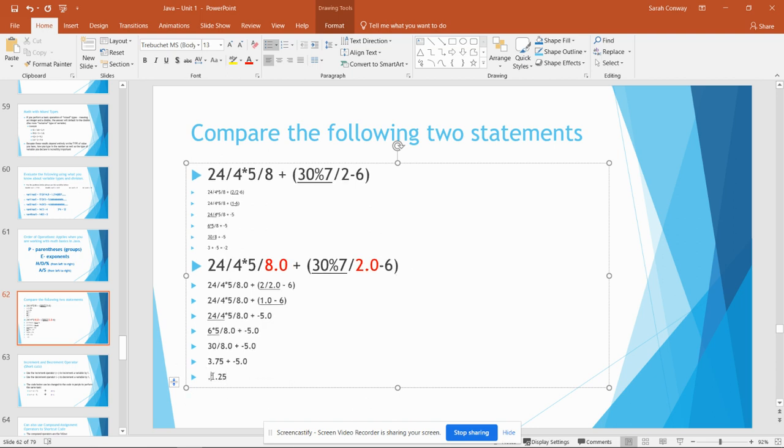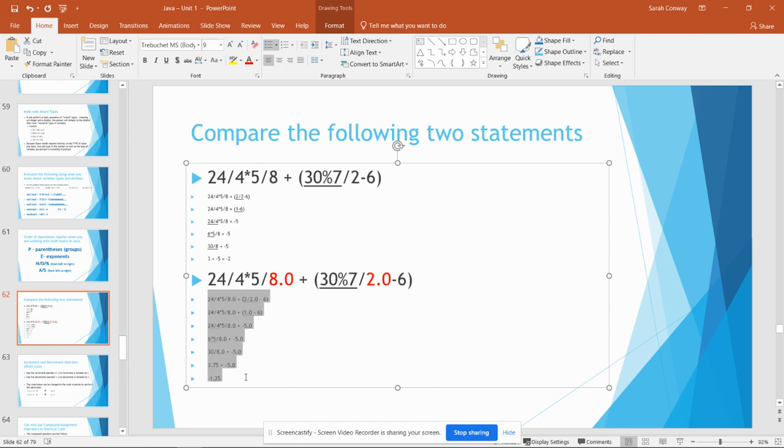So you can see here how just because we had those two changes, they are the same numbers, but the big difference here is that they were doubles and not integers, and that's going to change our final answer. So really paying close attention to those statements and noticing how the answers slightly differ when we do have doubles